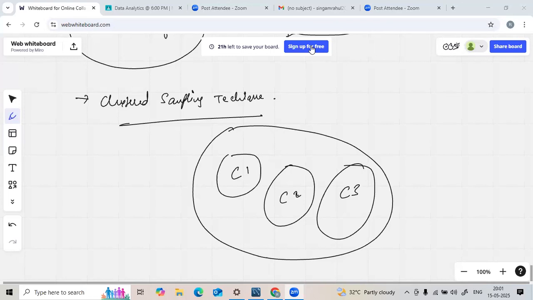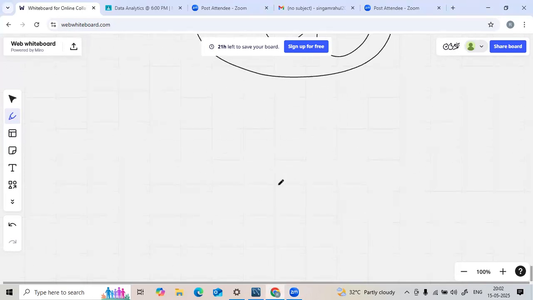On what basis you want to cluster the data, based on a condition, it's up to you. But whatever population you have, if you are grouping, segmenting, dividing, partitioning, you consider it a cluster. And how many clusters you want to create, it's up to you. Based on your requirement, you can create multiple clusters and start working with them. Okay. These sampling techniques we will also do practically in Tableau, where these options are available. So let's slowly understand each and every one. This is the clustered sampling technique.